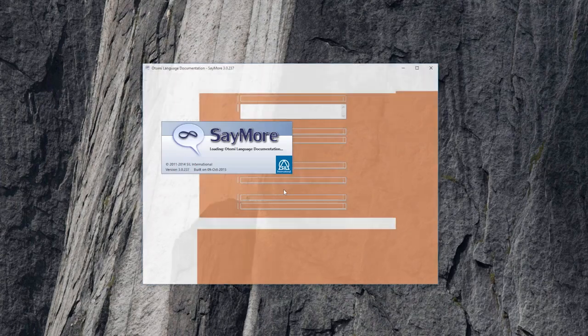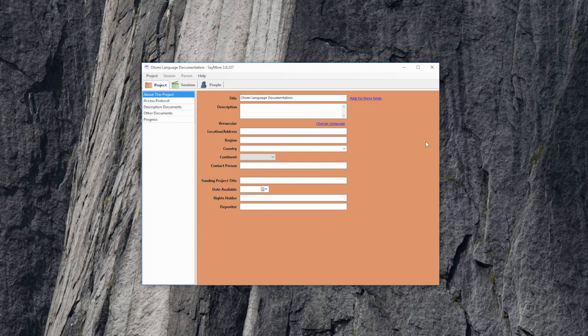This project is going to contain within it a series of related recordings, information about people on the recordings, and then also transcriptions and translations of those recordings. Okay, so click OK. And now you see in this window that pops up, we have 3 tabs. Right now we're in the Project tab. There's also a Sessions tab and a People tab, and I'll talk about both of those other 2 in a